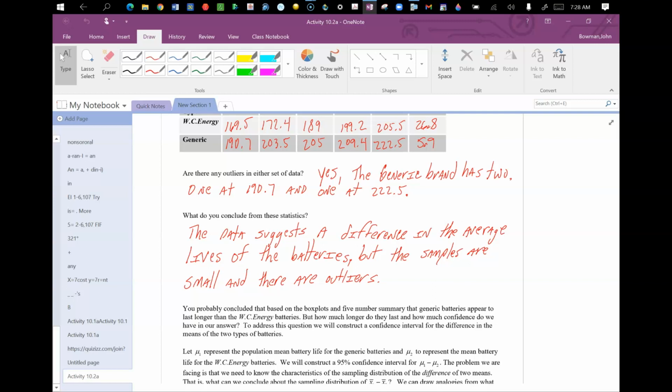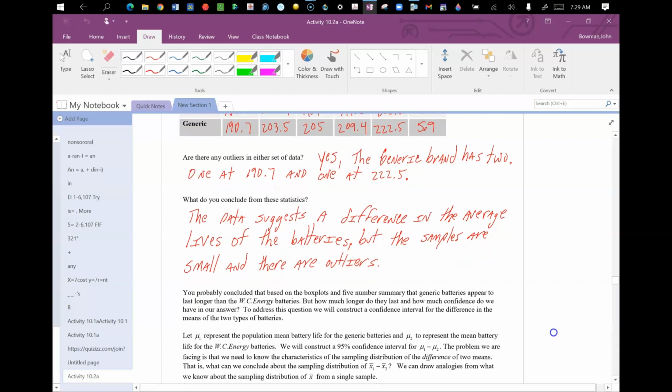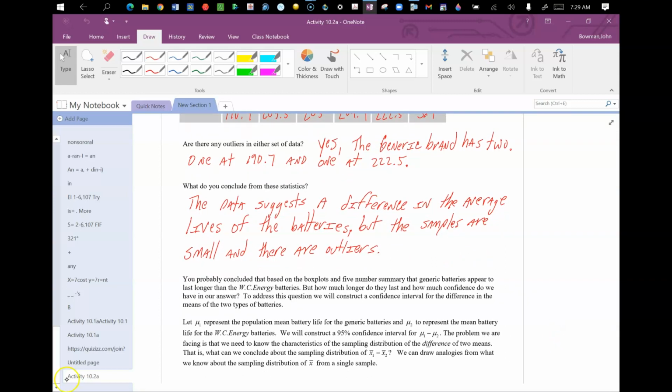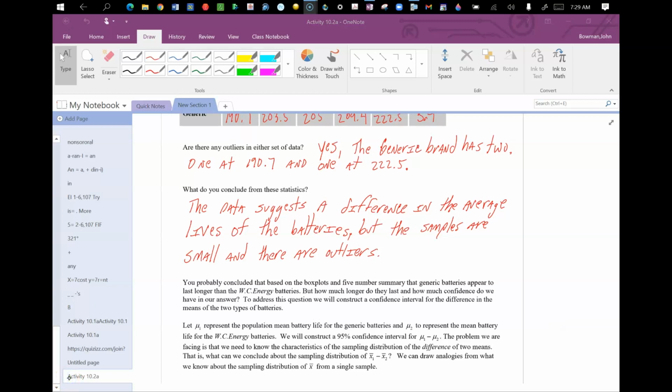The issue with using the old school approach is we don't have any level of confidence in our conclusion. We just have a conclusion. So what we'd like to be able to do is establish some level of confidence, and we're going to do that by way of a confidence interval. So we're going to talk about constructing confidence intervals for the difference of 2 population means, but before we do